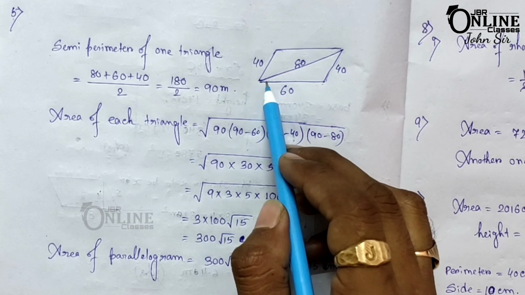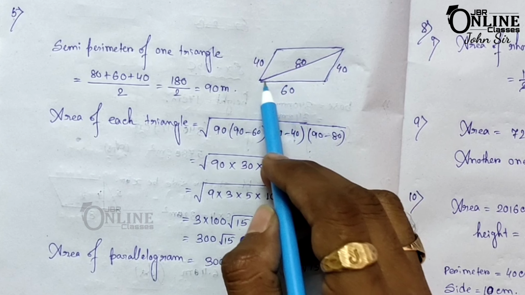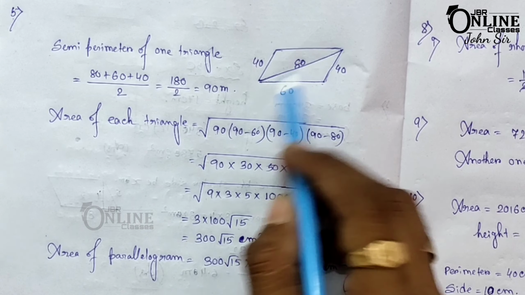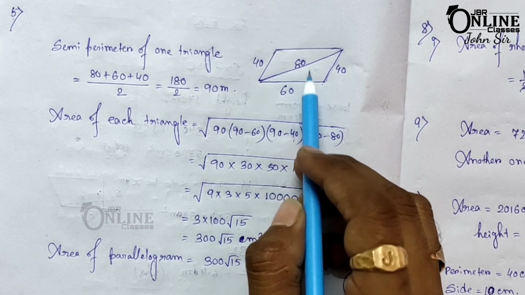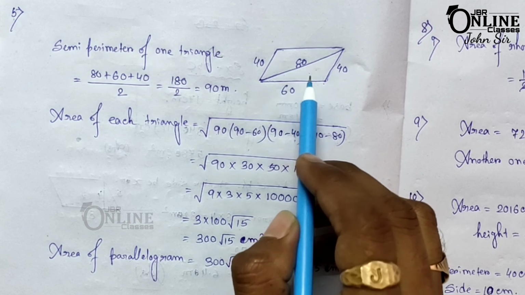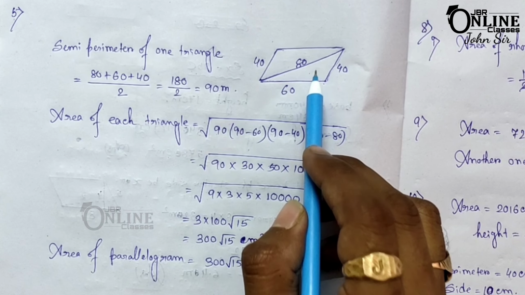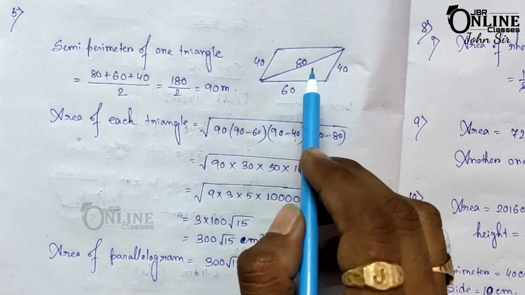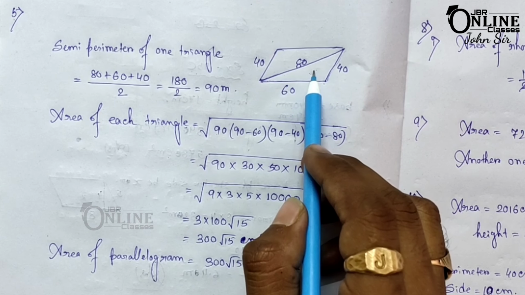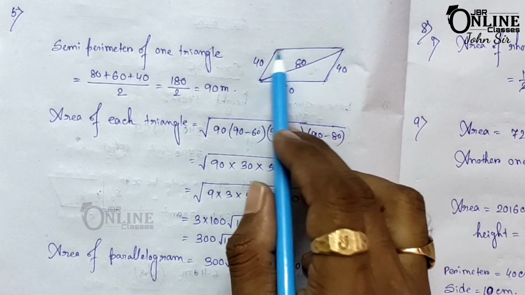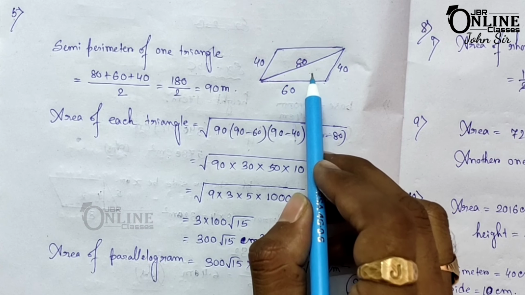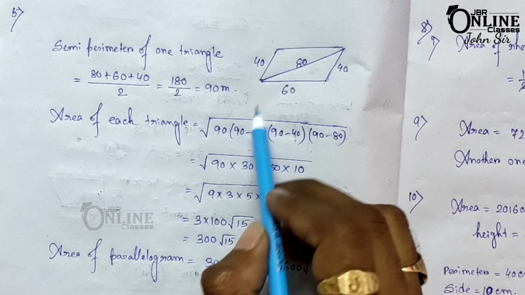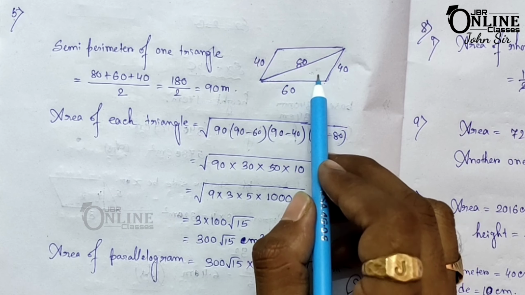That means it's a scalene triangle. And the diagonal of the parallelogram divides the area into equal parts. So if you find the area of this triangle and multiply it by 2, you will get the area of the full parallelogram. So first we have to find the area of this scalene triangle, and here you can apply